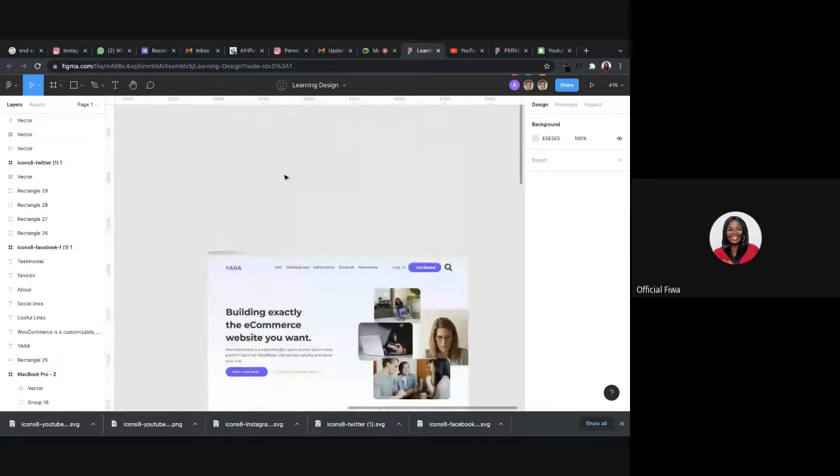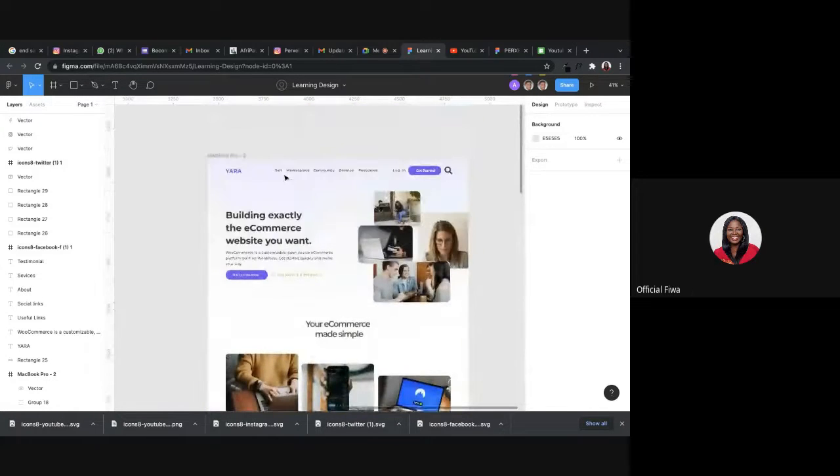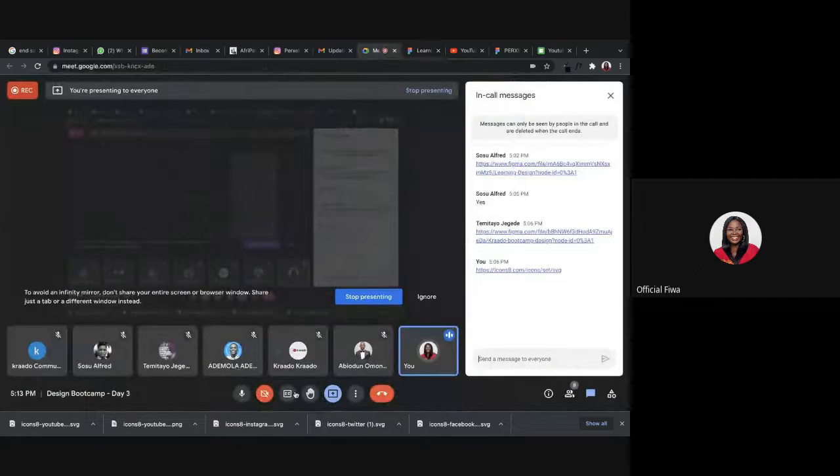I believe we've been able to clear off everything that is here. We've been able to build all of these things. So one thing about UI UX design is that